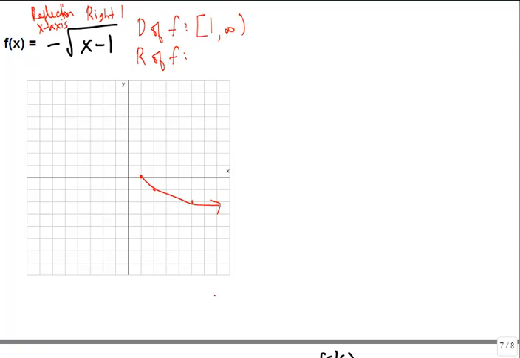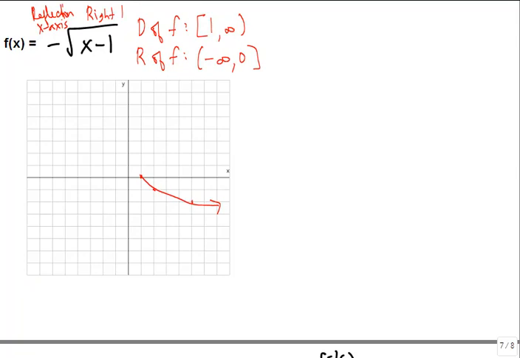The range goes all the way down and goes no higher than 0. So the range would be minus infinity up to 0. So we're going to use that a little bit later on. Now that we have our graph done, let's go ahead and see if we can find out what the inverse